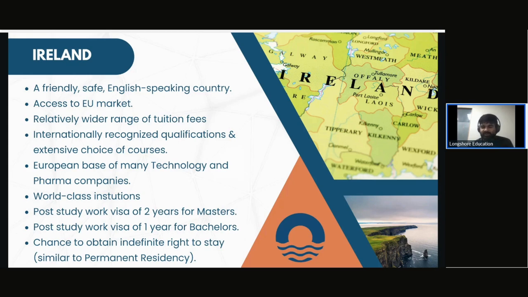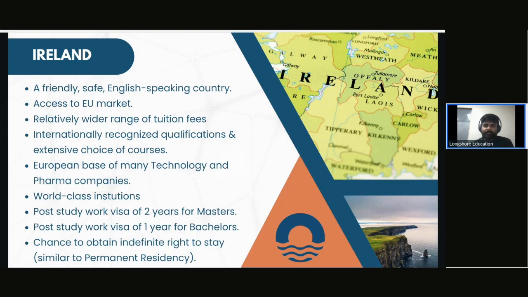The number of students in Ireland was about 700 in about 2014, and just in 2023, the number is 7,700. So we have seen a 10 times increase in just a period of 10 years. The top universities are highly selective, and the mid-tier universities are also offering good quality education at a lower price point.